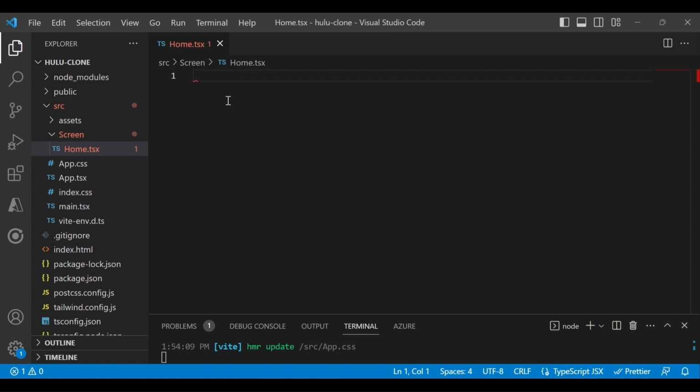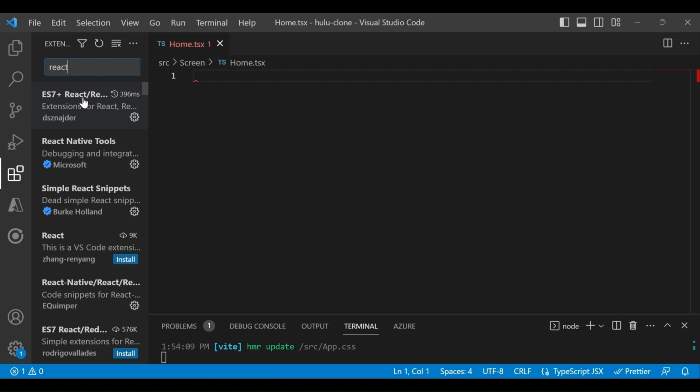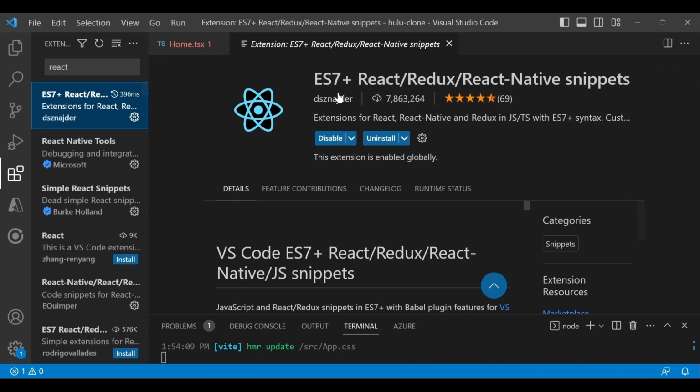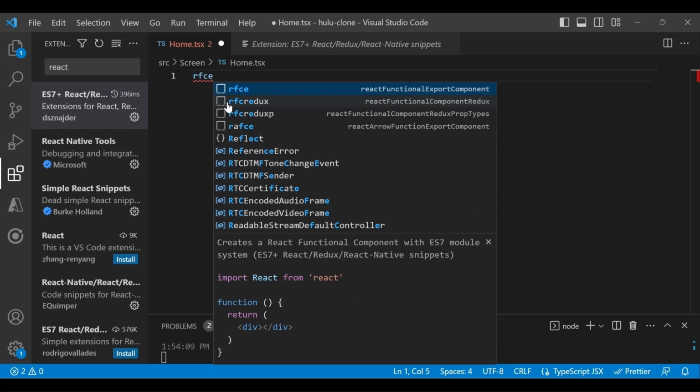So here, let's install one extension. I already installed it, but for you, just search for the VS Code extension called ES7 plus React Native Snippets. This will help you make the default template. Okay, you don't need to write the template every time.